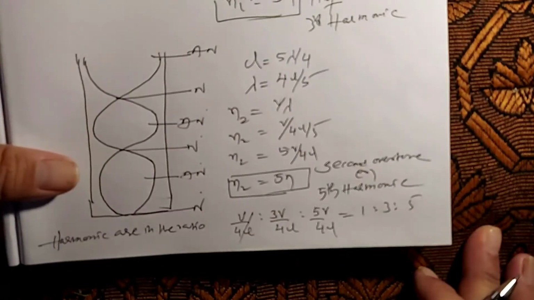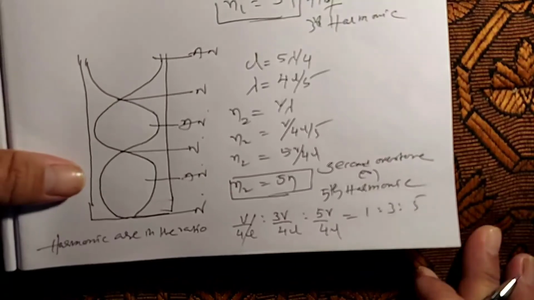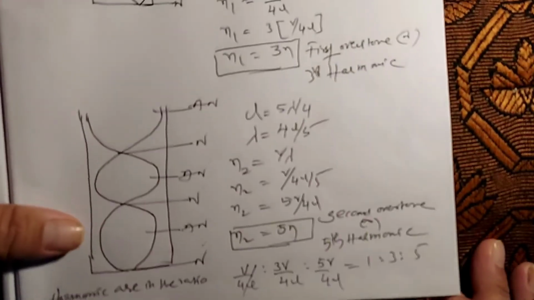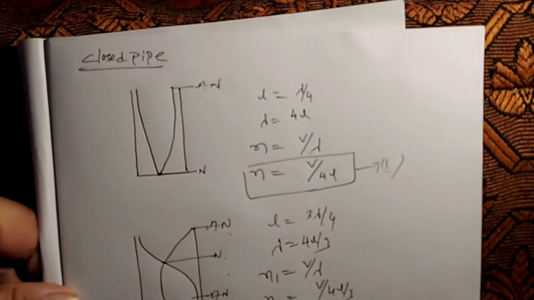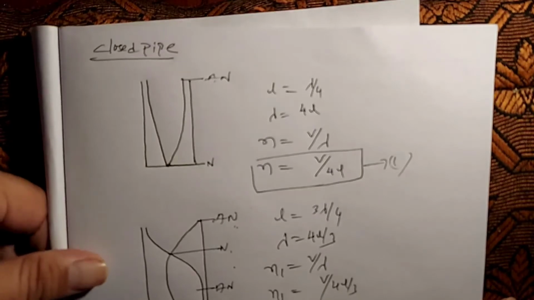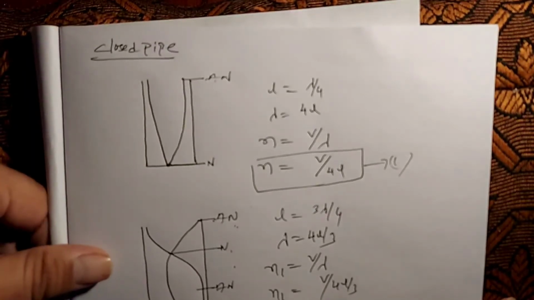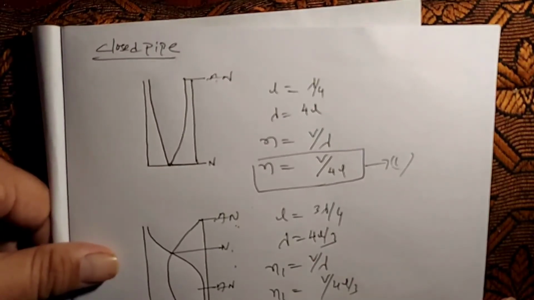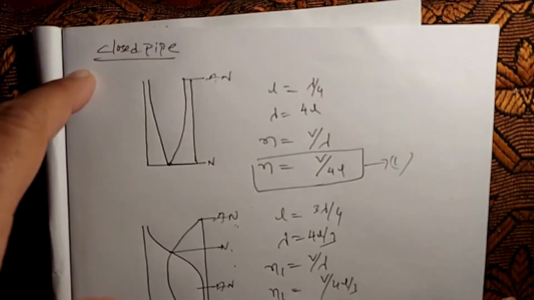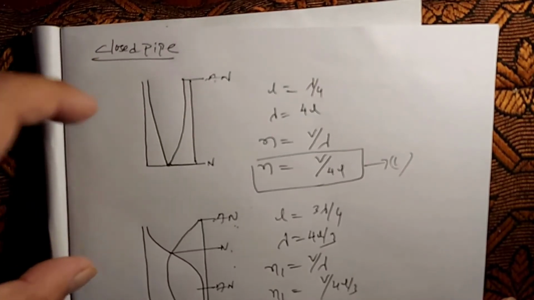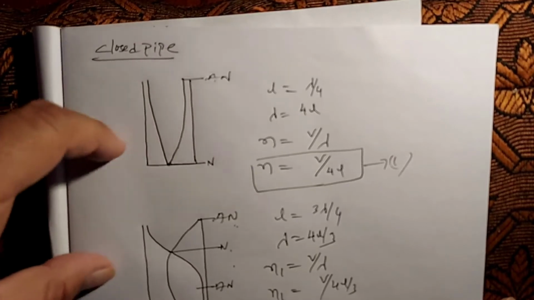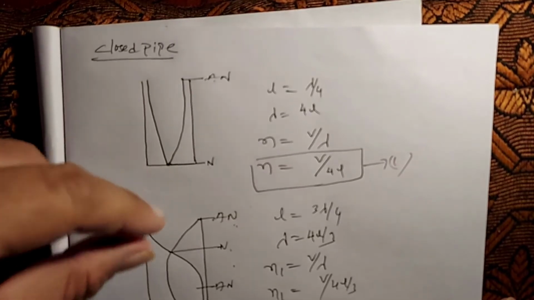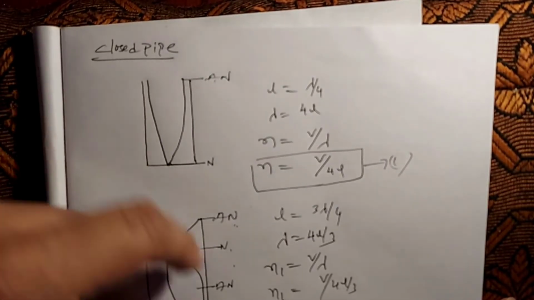Only even harmonics are missed. There are no second harmonic and no fourth harmonic. So this is one 8 marks question, generally asked in examinations, and they also attach a problem to this question. In closed pipe and open pipe, only one pipe is asked as an 8 mark question in public examination. They don't ask both pipes, only one pipe, and they attach a problem related to this question.